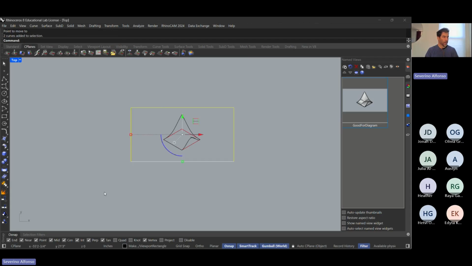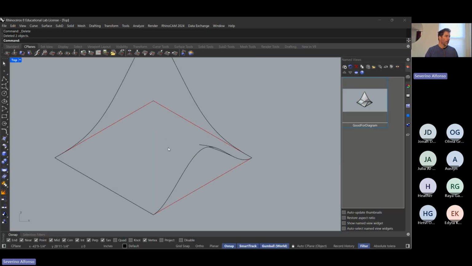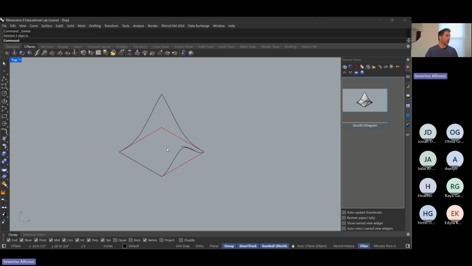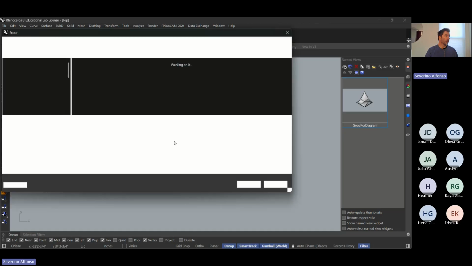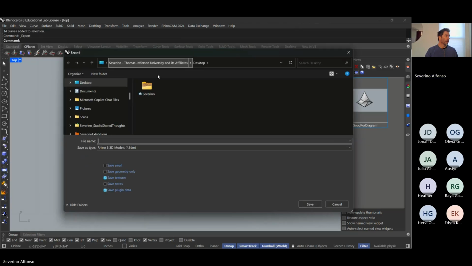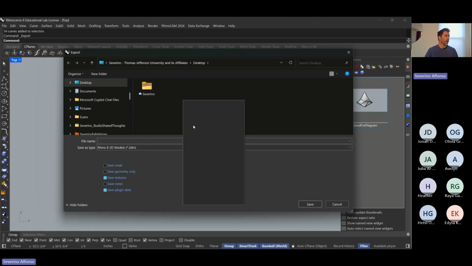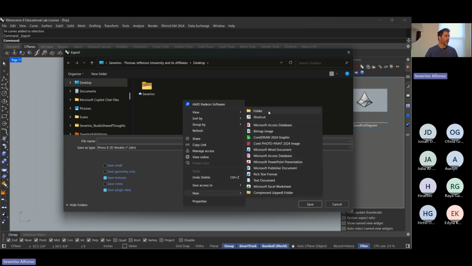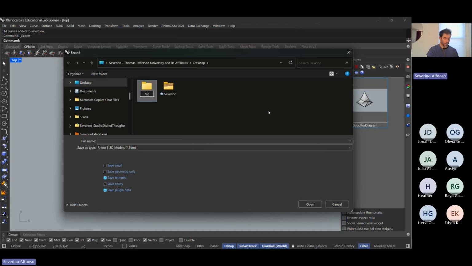Don't really need these things anymore unless you're introducing a rendering. I don't think I did renderings for this. It's just pure diagram. I'm going to delete those. And I think with this, I can do my thing now. So I can just select that, export selected from the top view always. And I'm just going to create a folder here that I can delete afterwards. Let's say V2